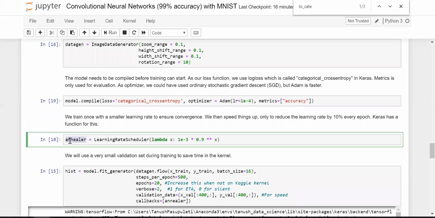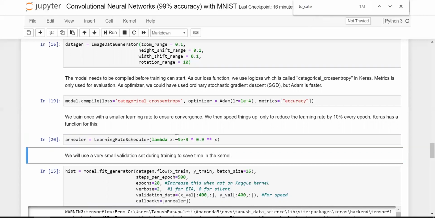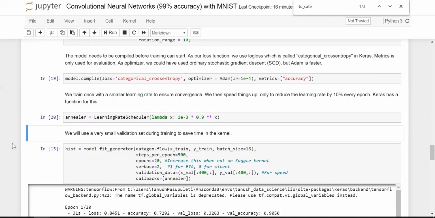The annealer is used when the model tends to saturate, basically when the loss doesn't fall or the accuracy doesn't increase. In this case, we will change the learning rate by a particular value so that the model doesn't saturate at a particular loss or accuracy value, and the training goes ahead smoothly. We will use the annealer and we will fit the model